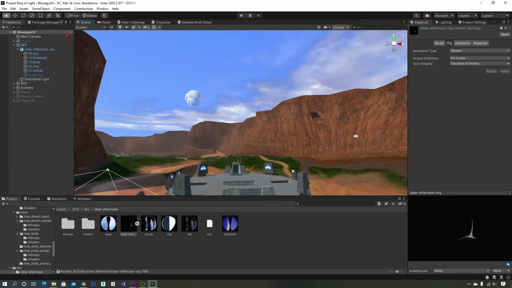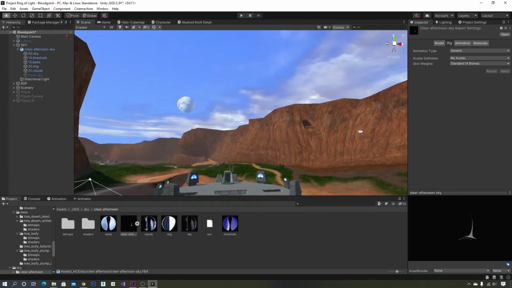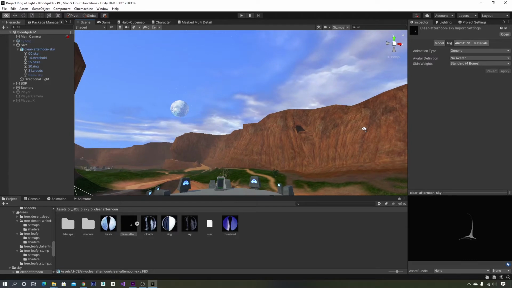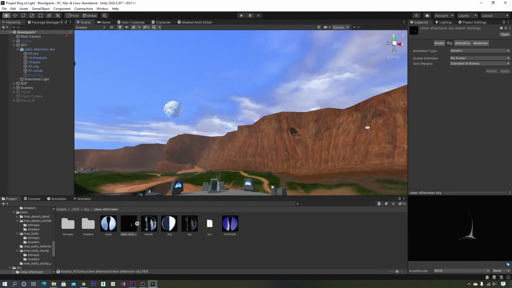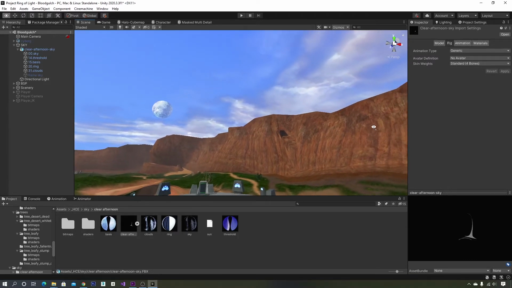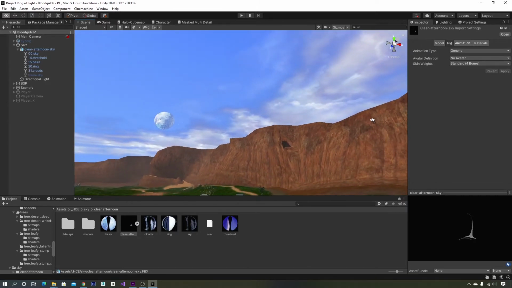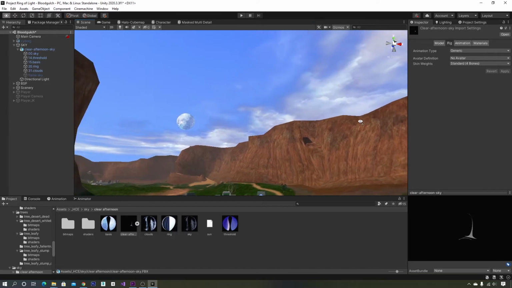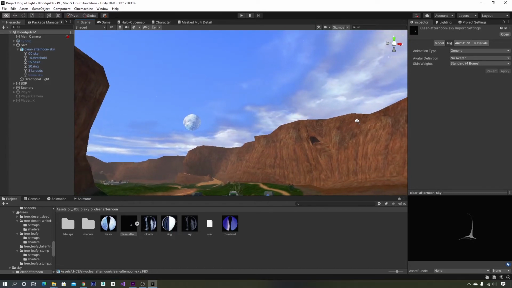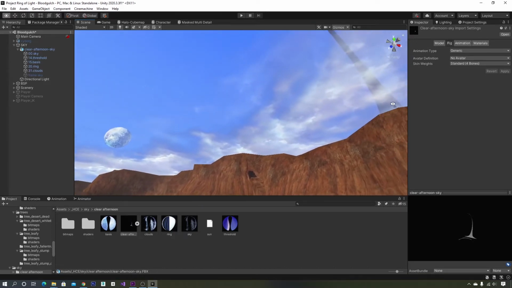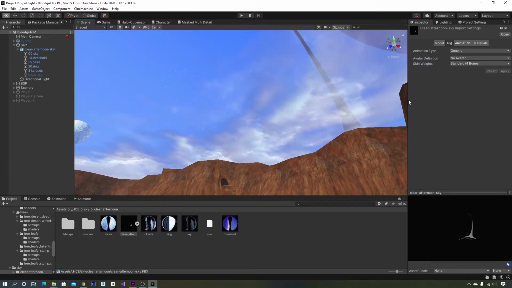Alright guys, welcome to today's tutorial slash follow along slash whatever you want to call it. So we're working on Bloodgulch here, and today we're going to be making a new shader and shader graph for these beautiful clouds. I mean, if these are not the most gorgeous clouds you've ever seen in a non-Halo game,